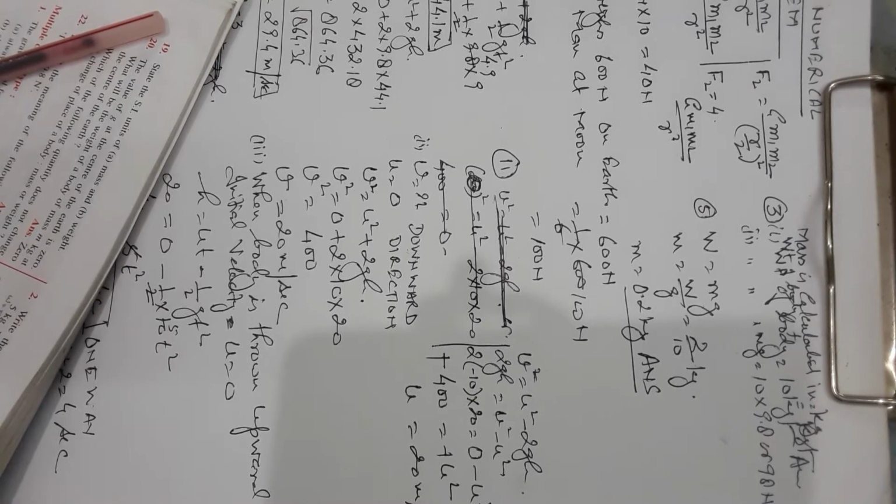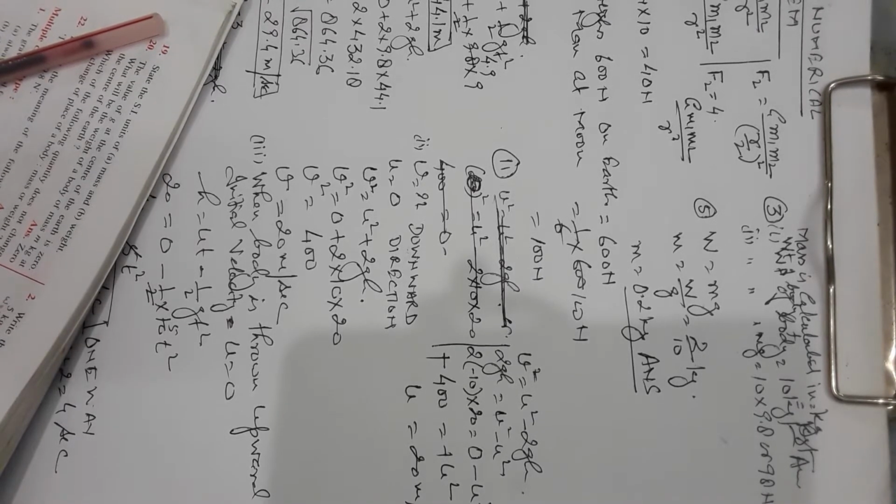Correct. Seventh one. A man weighs 600 Newton on earth. What will be his approximate weight on the moon? Note down one thing in this. Students, please note down. Acceleration due to gravity or force of gravity on the moon is 1/6 as that of the earth. Once again I repeat, gravitational force on the moon is 1/6 as that of the earth.